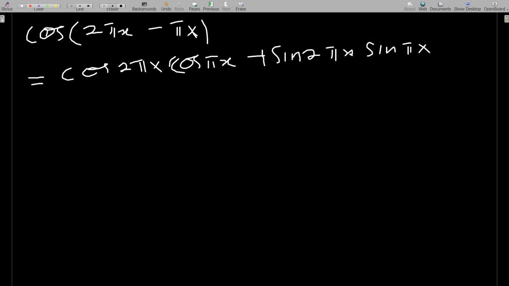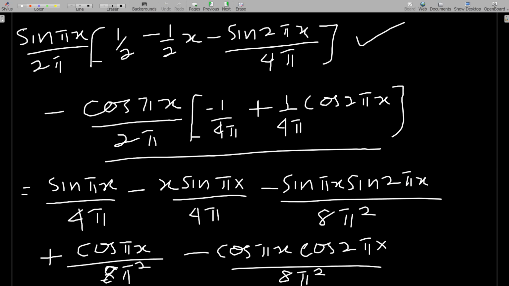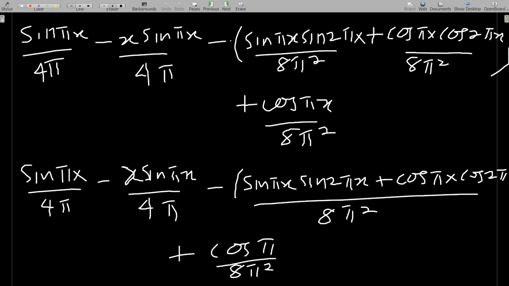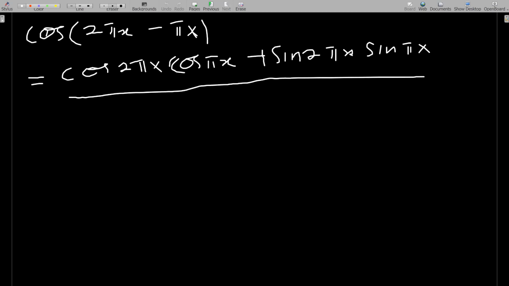And realize that this is what you have at the numerator here. Just that the cos of 2 pi and the rest are here, and the sine is also here. It's the same thing. So it means that the whole big thing here over 8 pi squared would then tend